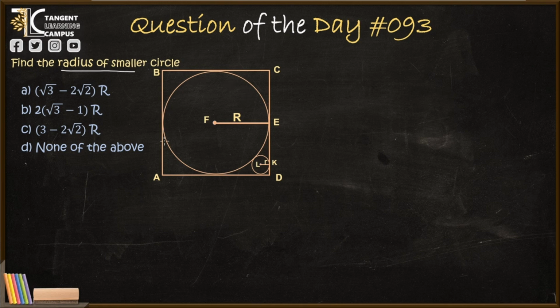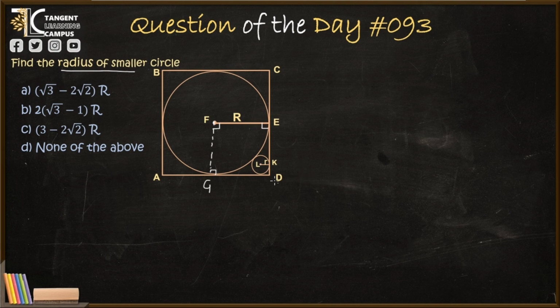So let us consider this big circle first and let us draw one more radius for this circle, that is FG. And we know that a radius makes an angle of 90 degrees with the tangent. So here at point G it will make an angle of 90 degrees, and similarly at point E it will make an angle of 90 degrees. And we see that FG and EF are perpendicular and they are intersecting at point F, so they will make an angle of 90 degrees at point F.